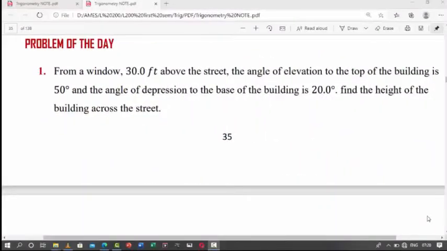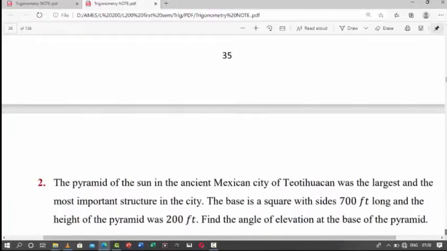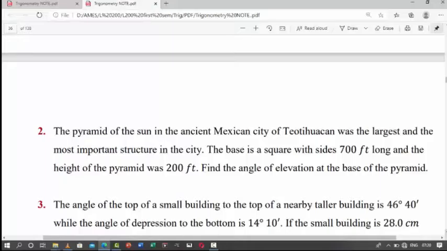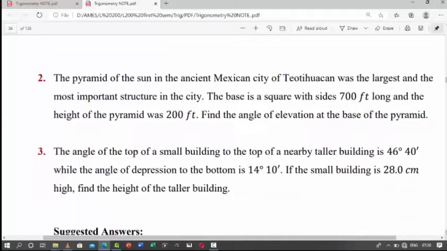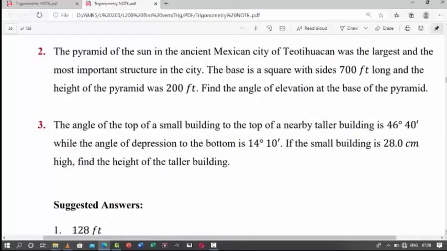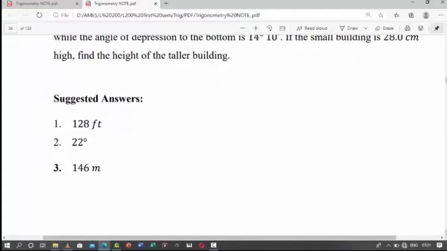All right, dear students, welcome back. I would like you to try your hands on these questions. That's your question 1, and we also have question 2. Nice question there. We also have question 3. It's all about elevation and depression questions. Then we have the suggested solutions here. So make sure you work towards it and get the answer. In case of any problem, you can show to me on